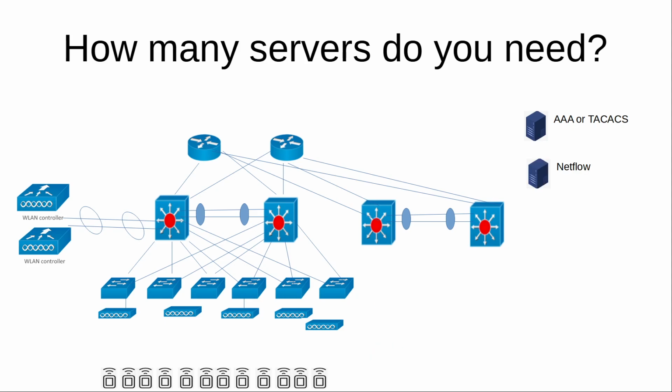layer. You might need a NetFlow server in order to know what applications and what bandwidth they are using when traveling across your enterprise network. You might need a syslog server in order to know what are the events that are happening at your devices, an SNMP server to talk SNMP and receive SNMP traps from your devices, an orchestration server in order to push configuration into your devices and, for instance, save your device's configuration into a database, an IP address management server in